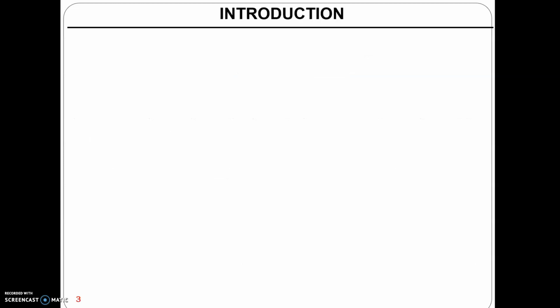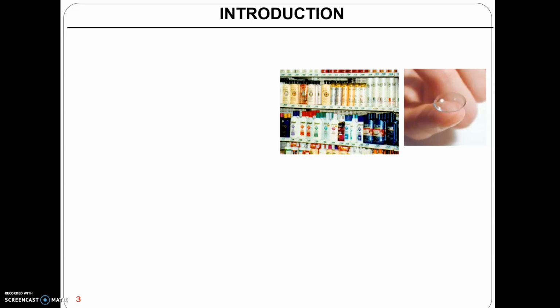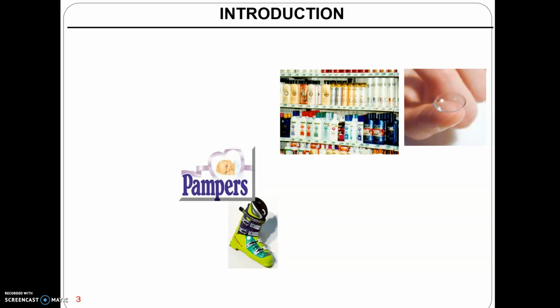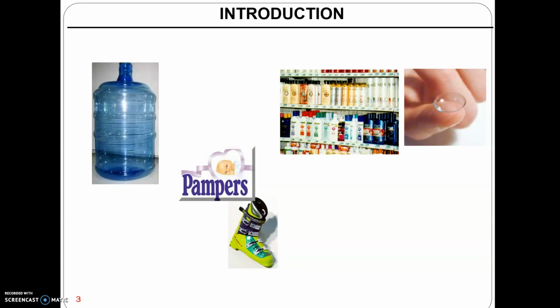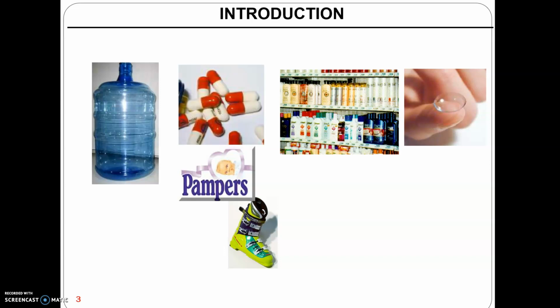Now, if I ask you where you can find polymers, in fact, polymers are widely used advanced materials. If you look around you, you will find that your clothes are made of polymers. Your shoes, your eyeglasses, your lenses, your phone, your laptop, your hair, your body proteins.